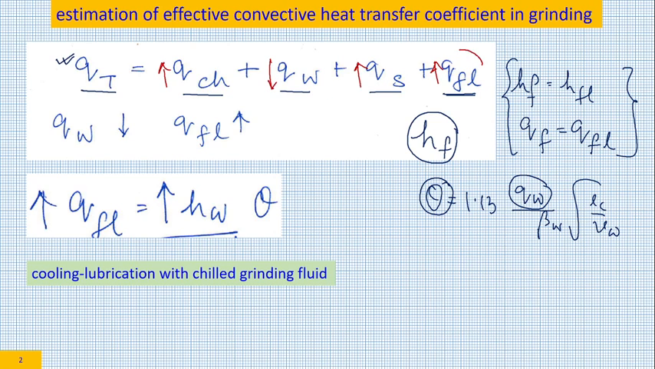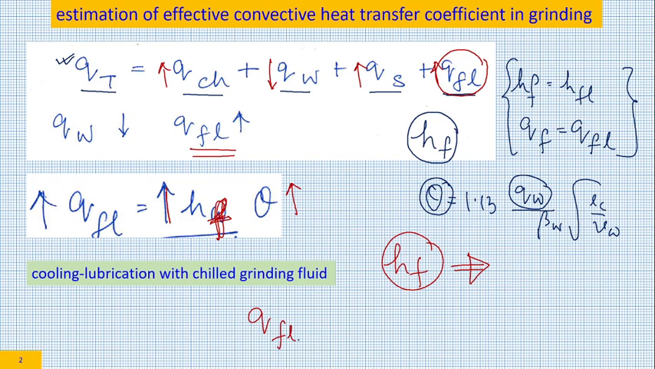So for today's consumption, we will emphasize on QFL. So QFL has to be increased. How do I increase QFL? QFL can be increased in two ways. One is increasing HF, this is not HW, this is HF, or increasing theta. So how do you increase HF? For that you need to model HF or learn how to estimate HF. QF or QFL can be written as